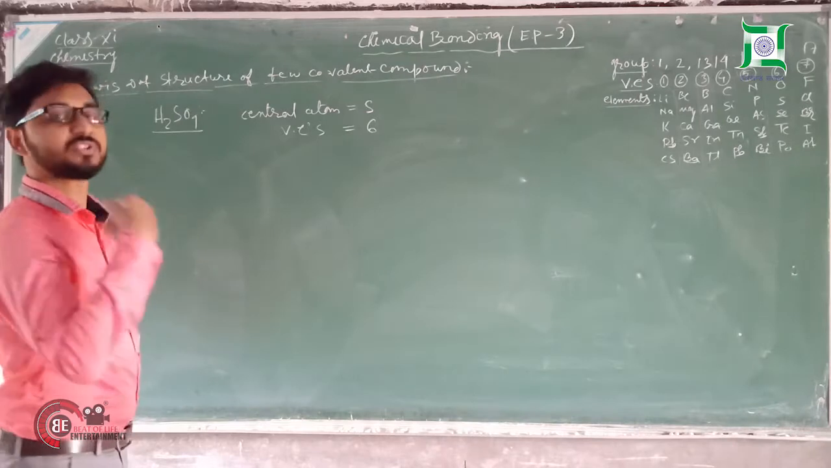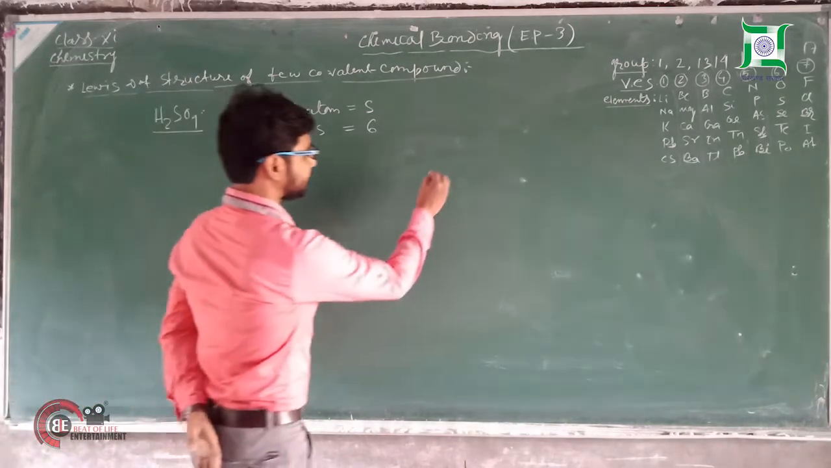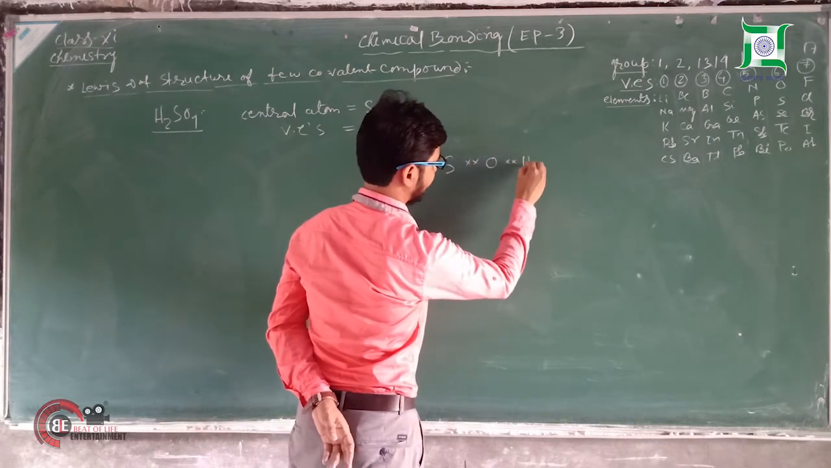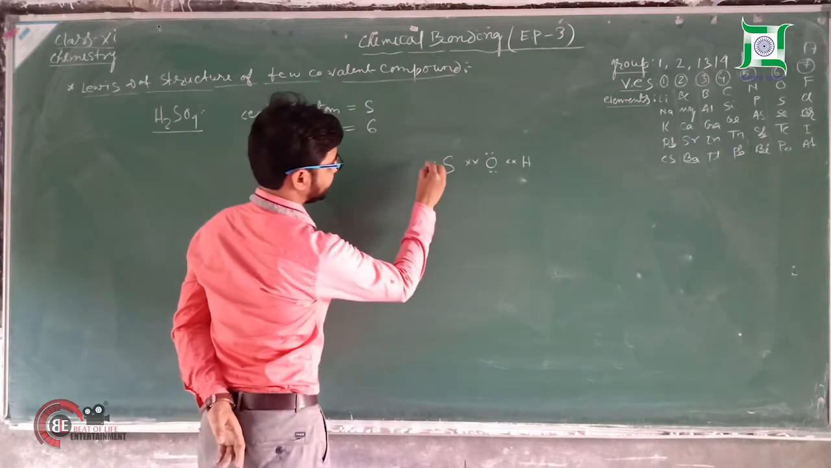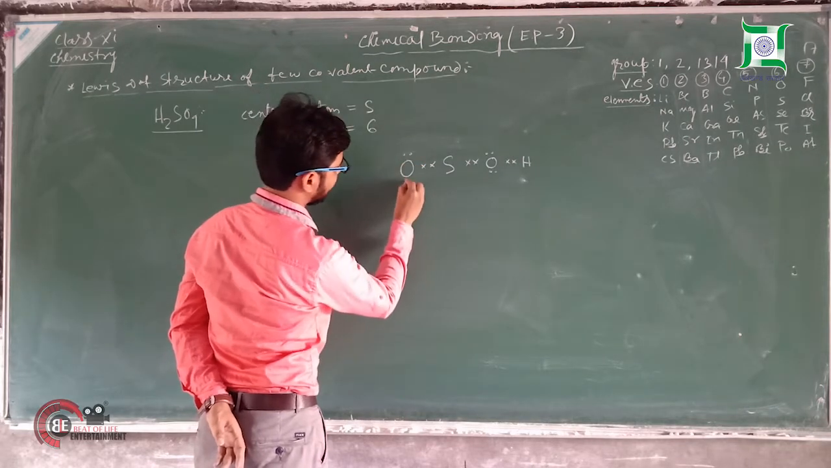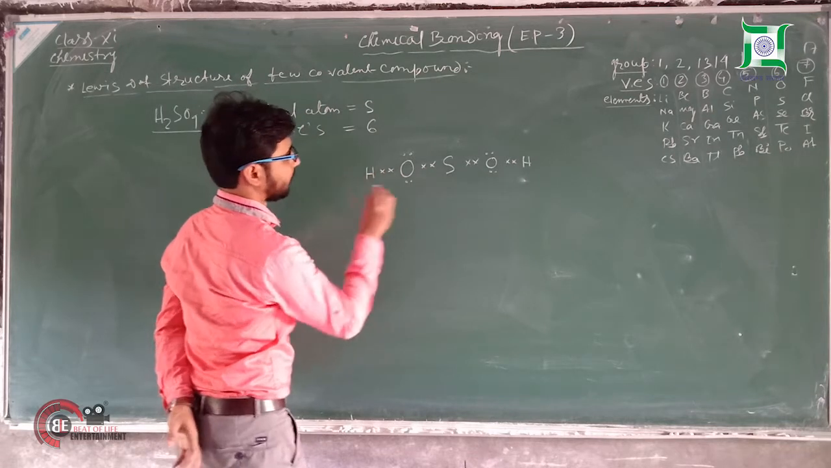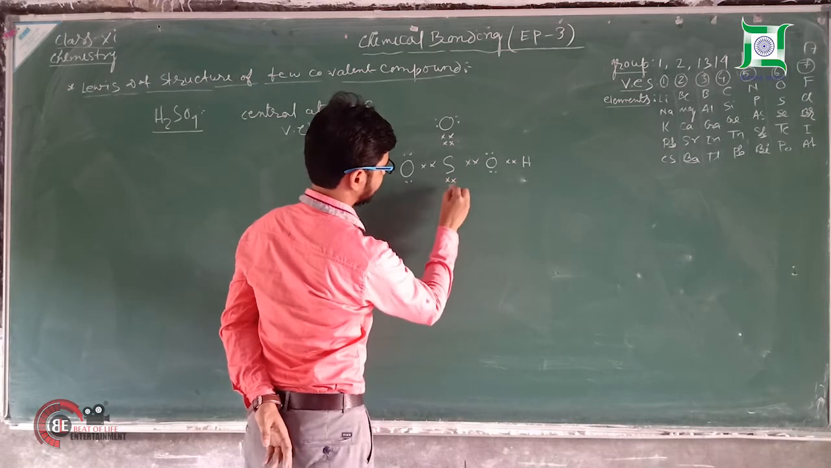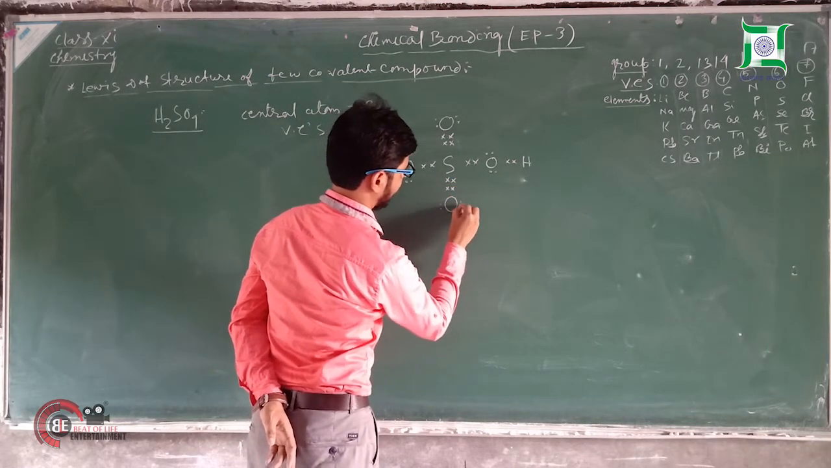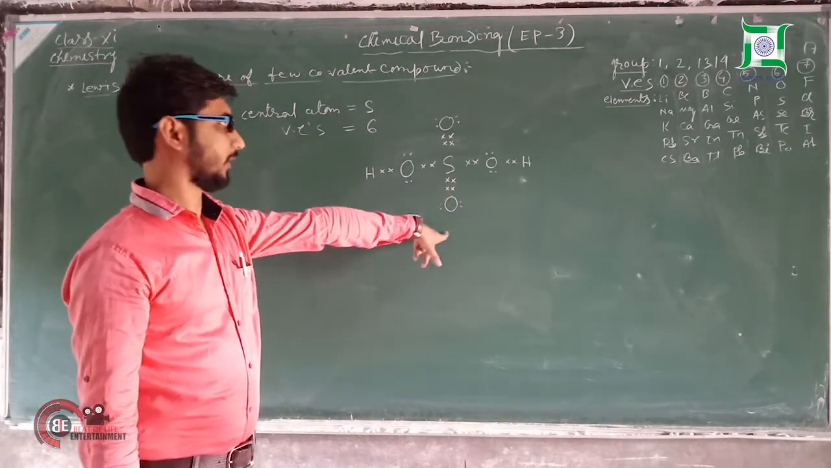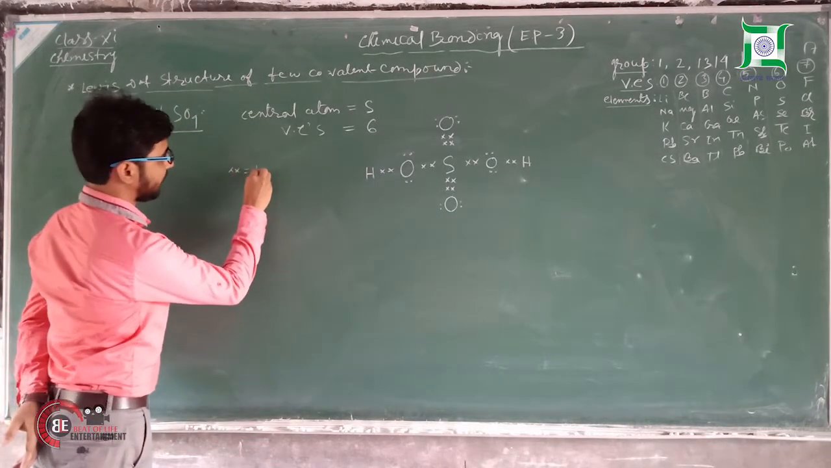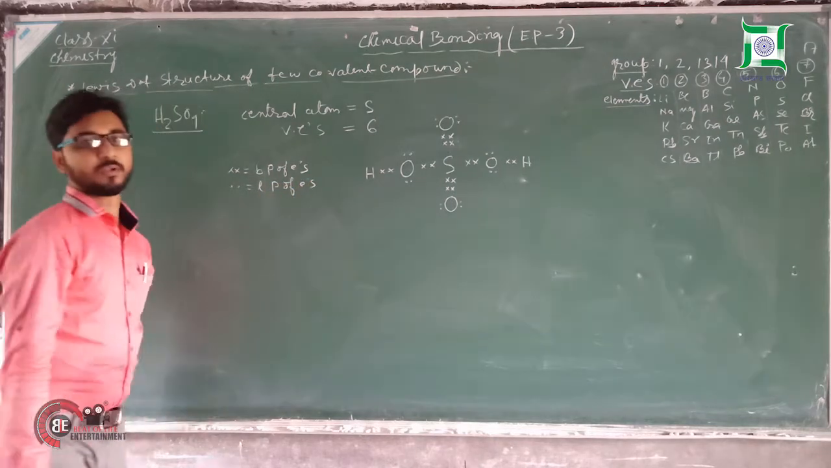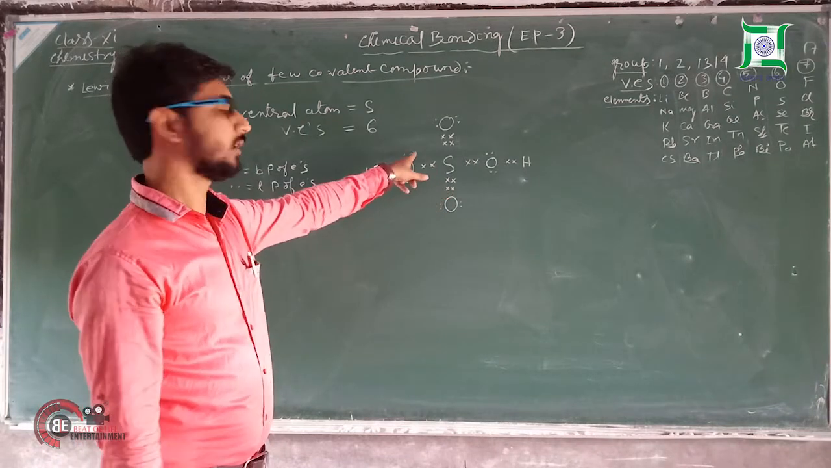Now draw the structure of how sulfur makes bonds with oxygen or hydrogen. So here sulfur makes O bond. Similarly, O here. This is actually the Lewis dot diagram of sulfur, where the cross symbol means bond pair of electrons and the dot means lone pair of electrons. So these are the bond pair of electrons and these are the lone pair of electrons which do not